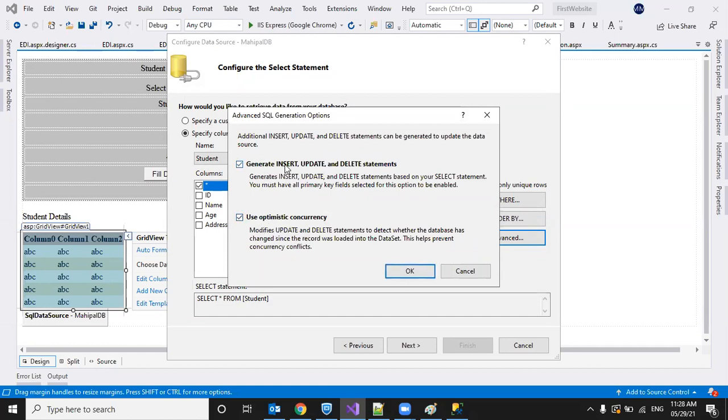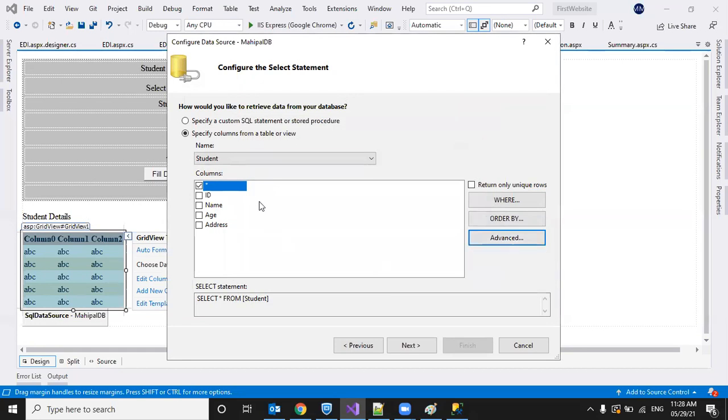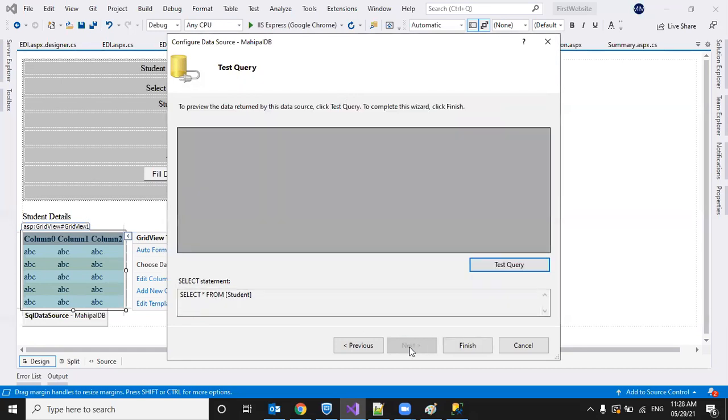I want to insert, update, and delete data on this grid view, so I can check this box from the advanced button. Clicking on next, it will now show us the preview of our database query, whatever we selected here: select star from student.